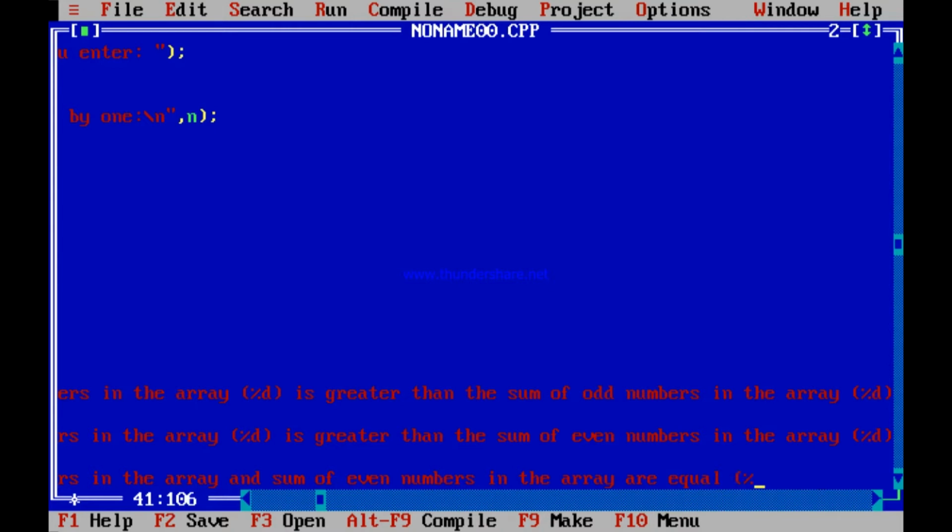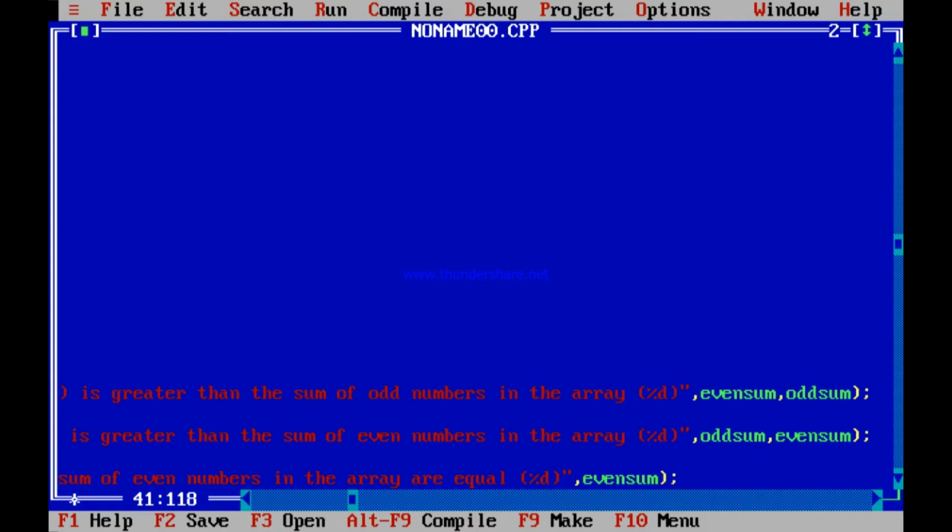You can write that number also, %d, and replace it by even sum. %d and you replace it by even sum, or maybe odd sum. They are equal. So I think you understand this.